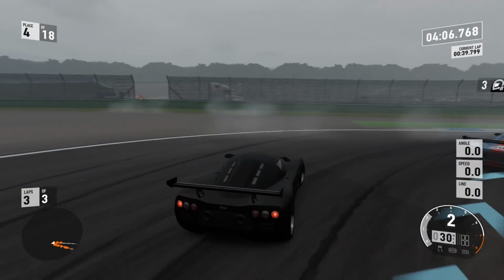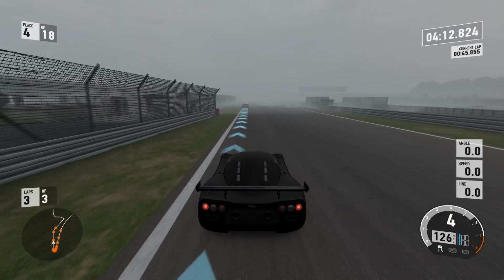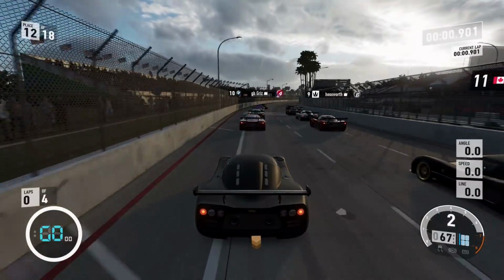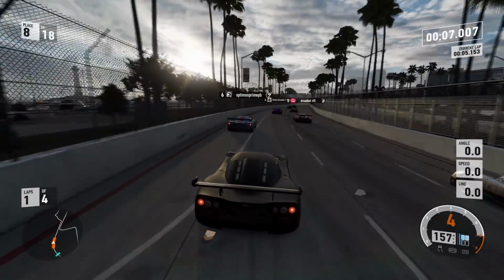It looks so good. But of course, this is the Twin Mill. It's not just twin turbo. No. It's twin engined. This has two twin V8s putting out 1,400 horsepower. That's insane! Honestly, guys, I already know that this car is going to fail my track test tomorrow because it